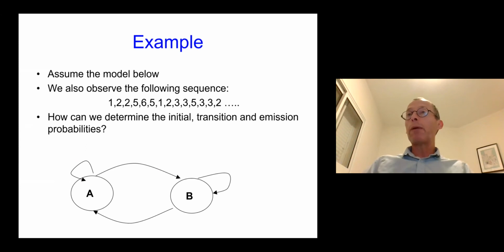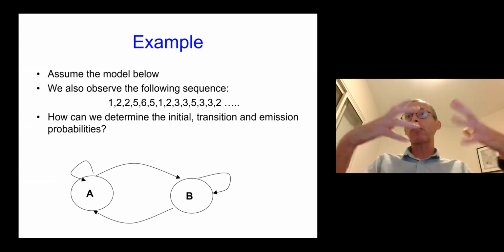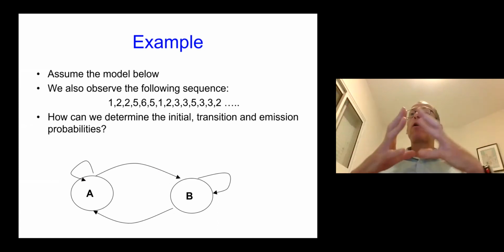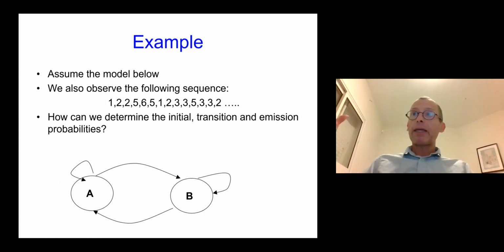But for example, MLE, right? We want to learn distributions. We see observations, we learn the model. So in this case, the model is very well defined, right? We know that we have, let's say, 2 states. We know that we need parameters for transition and for emission. And if we know what the states are for each observation,